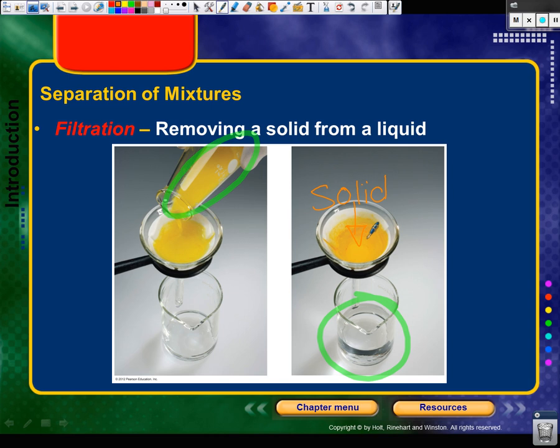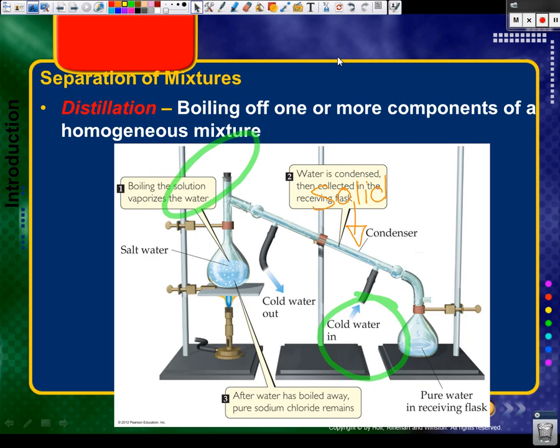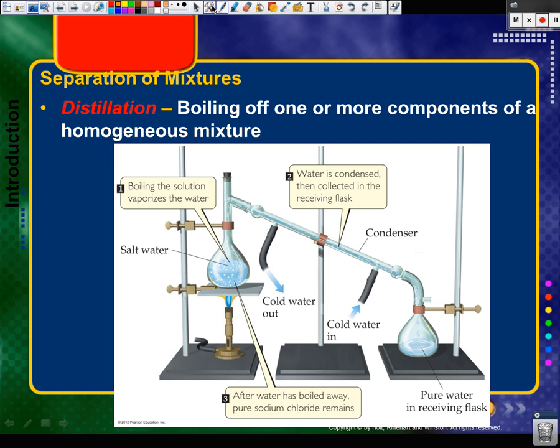Okay, and I know that's orange over yellow, but that is the solid that's going to be trapped into that substance. Okay? The next thing, distillation. This is boiling off one or more components of homogeneous mixtures. Okay, so somewhere around this page, we are using different